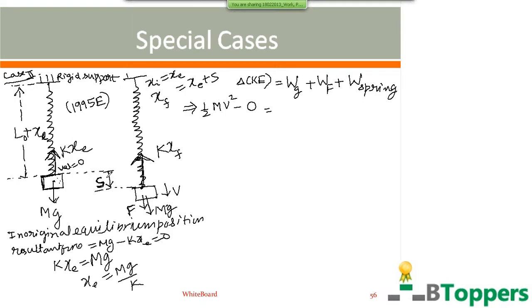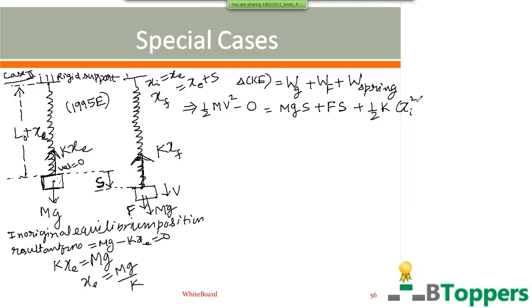The gravitational force mg acts in the direction of the displacement of the block, and this gravitational force can be treated like a constant force. So work done by the gravitational force, therefore, you can write mg into s, because the gravitational force mg acts in the direction of the displacement s. The constant force F also acts in the direction of the displacement of the block. So work done by the constant force F when it acts in the direction of the displacement is given by F into s. So work done by the elastic force by the spring, we can write half K into xi square